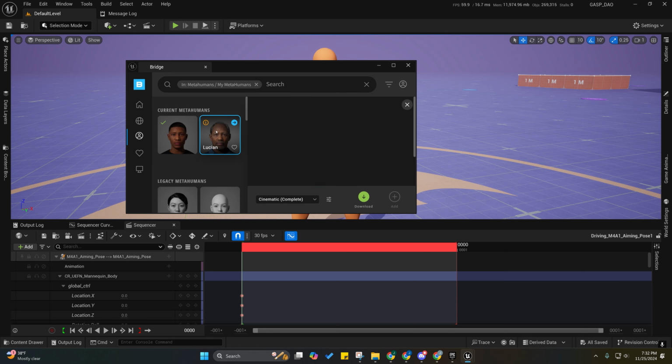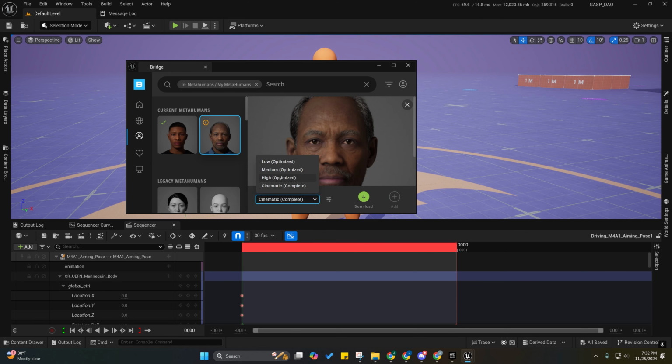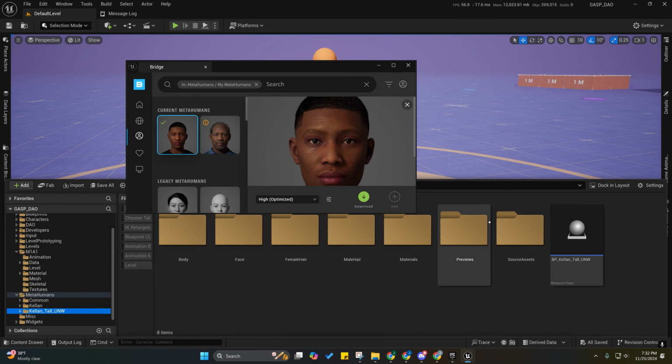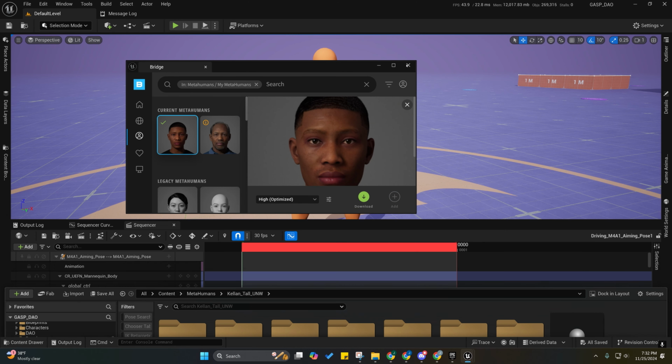Now, I've already tried setting it up with this guy on the high optimized. That was already downloaded. I added him to a project before, and he's a medium normal weight male. So yeah, anyway, now we have this character in here,